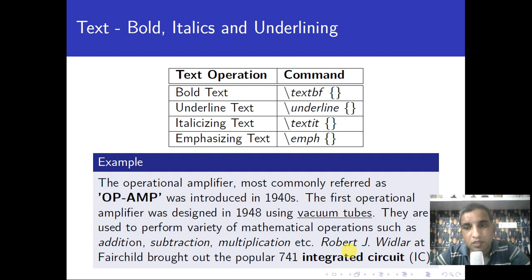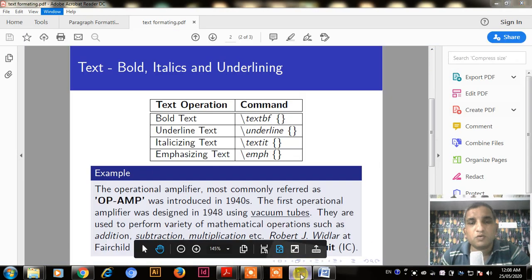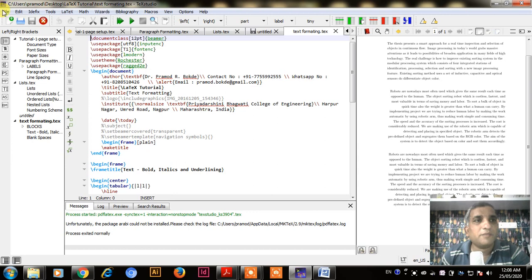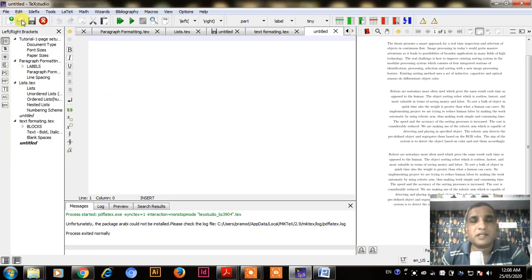So we will not wait and we will directly go to our TeXstudio to have the practical hands-on of this text formatting. I will make a new file. It will create a new source code.